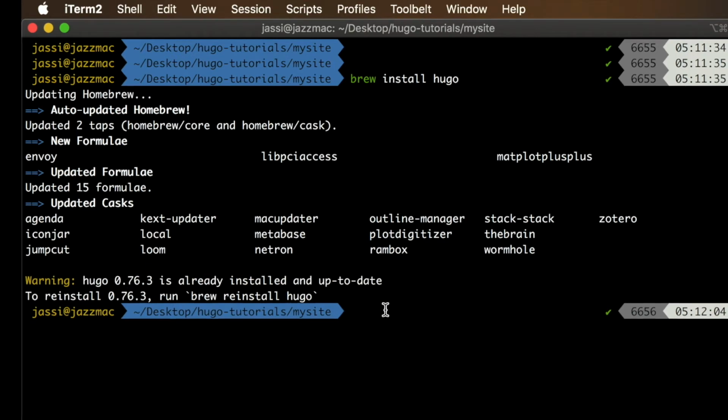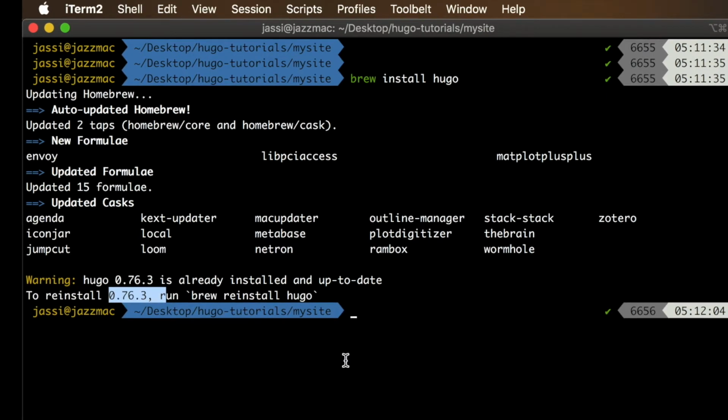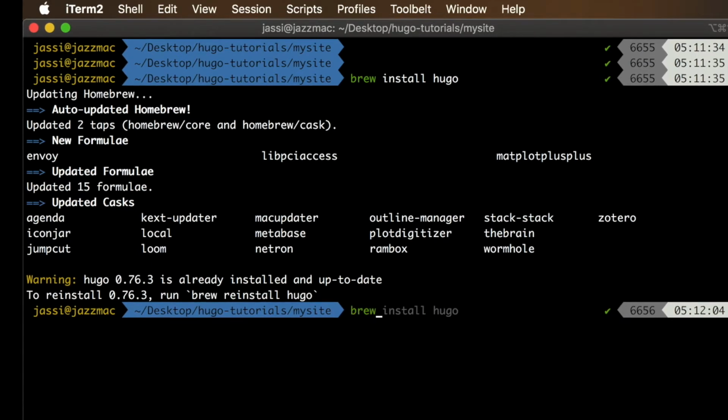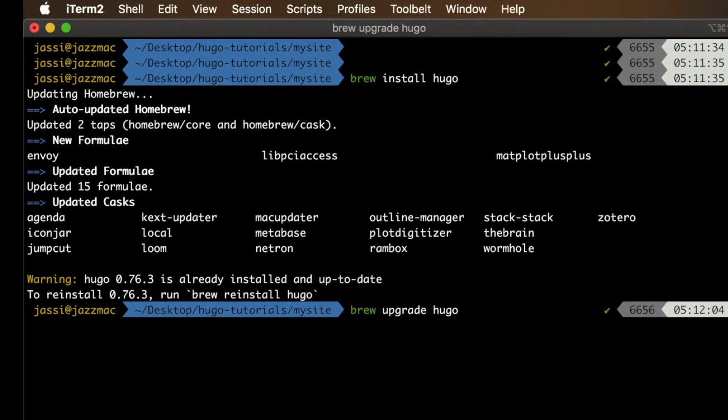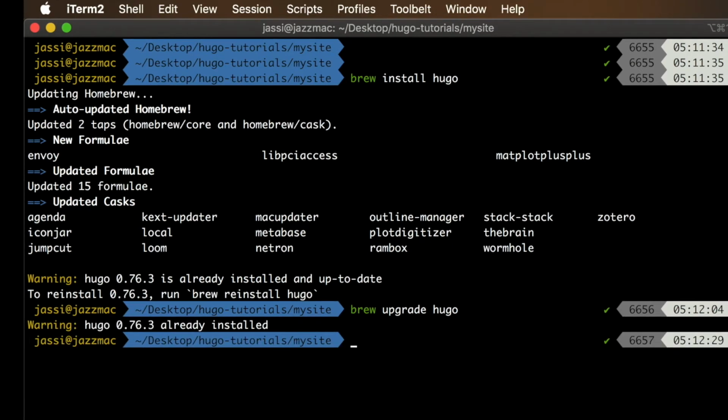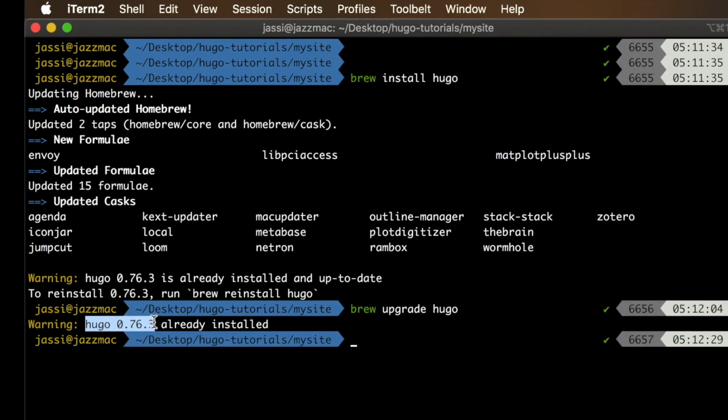But let's say you are seeing this video in the future, and this is not the latest version, and you want to upgrade your Hugo to the latest version. What you can do is brew upgrade hugo. For me, as it is the latest version, it will not update. But in the future, if you use this command, you can actually upgrade your Hugo version. So this is the latest version. This was released on 8th October, so I think just 3 days back.